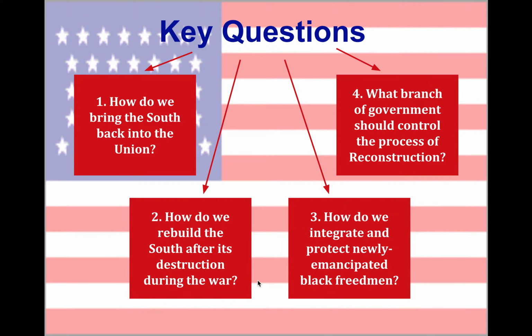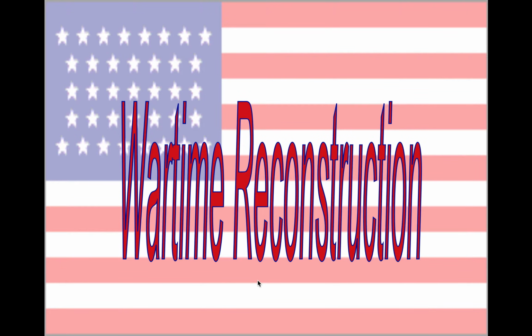Question three is essentially, what are the rights and freedoms of former slaves? And so they're called freedmen. That's a new term in case you're unfamiliar with that in the study of U.S. history, but that's really a key question there. What's the status of African Americans? And then lastly, how does checks and balances play a role in Reconstruction? So is it the president's job? Is it Congress's job, or is it the Supreme Court's job ultimately to proceed with this post-war process?